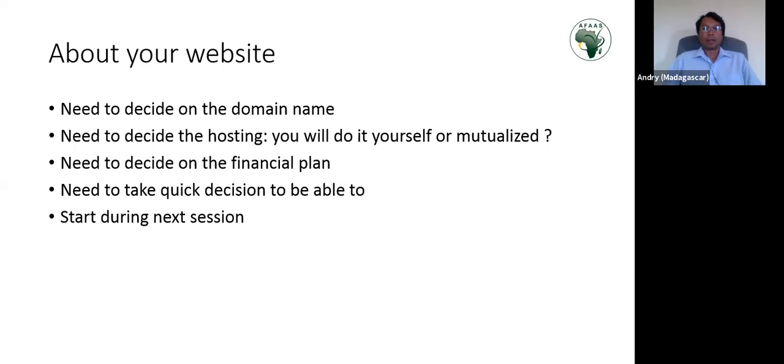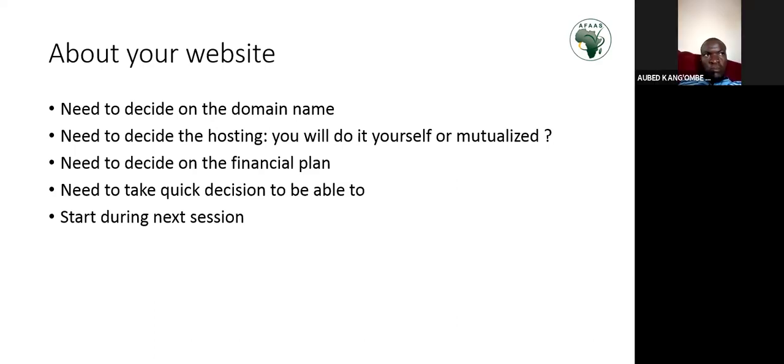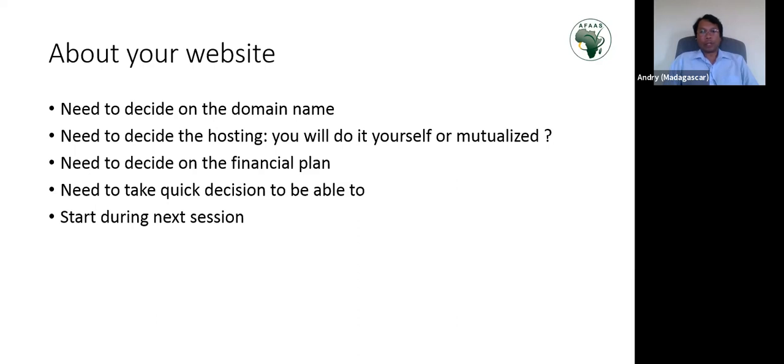Okay, my proposition is the server is mutualized, but your domain name is your domain name, which means, for instance, for Canvas, we will create canvas.org, but the site will be hosted on an AFAAS mutualized server. You will have your own space, your own domain, but it's just a server. You won't even see that it's a mutualized one. You will work as if you're working on your own site. There will be no interference between